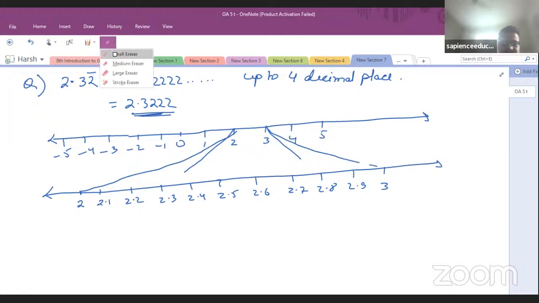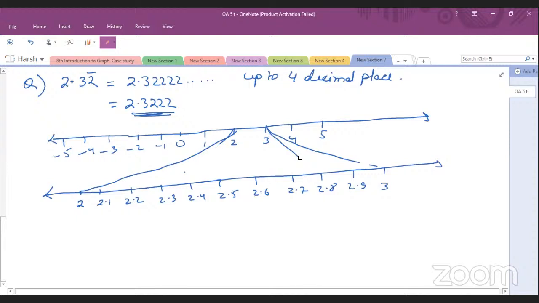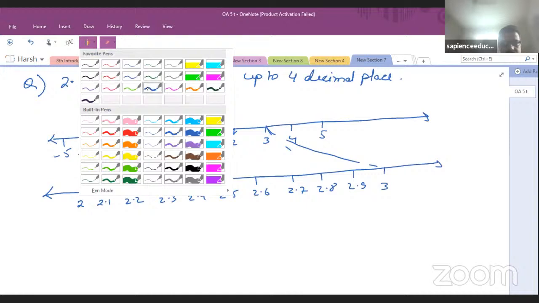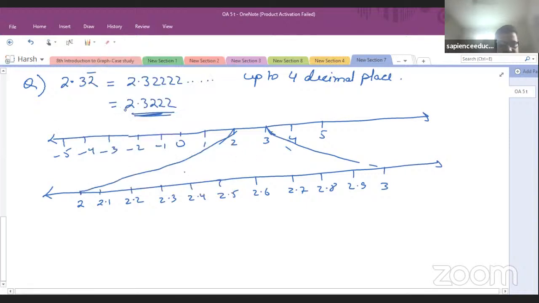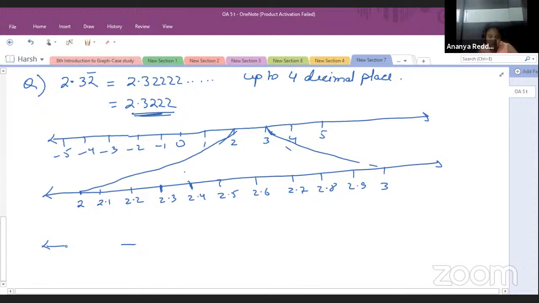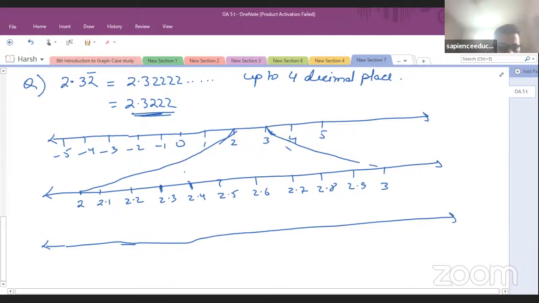Now this number will lie between which two numbers? 2.3 and 2.4. Okay. So this number will lie between 2.3 and 2.4, meaning here. Correct? 2.3 and 2.4. So we'll make another number line. This number line will start at 2.3 and end at 2.4. So the next one will be 2.3